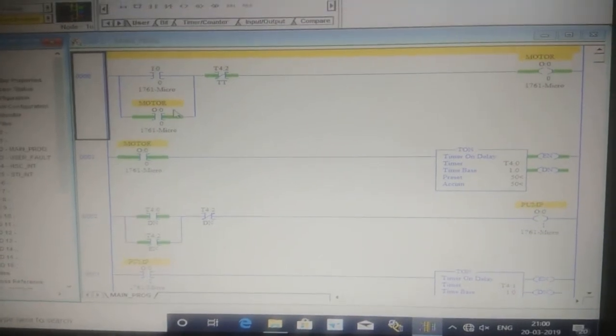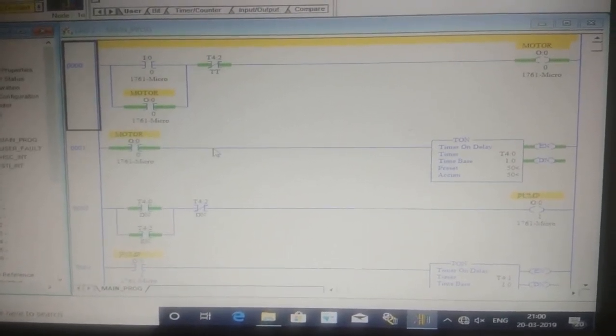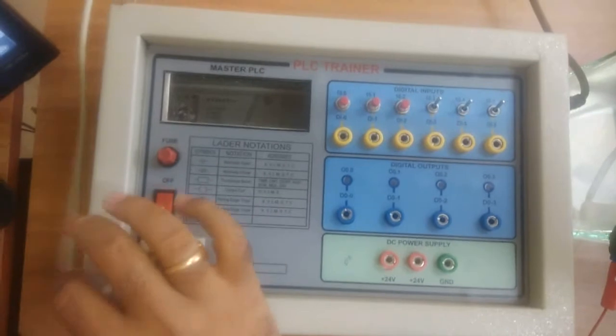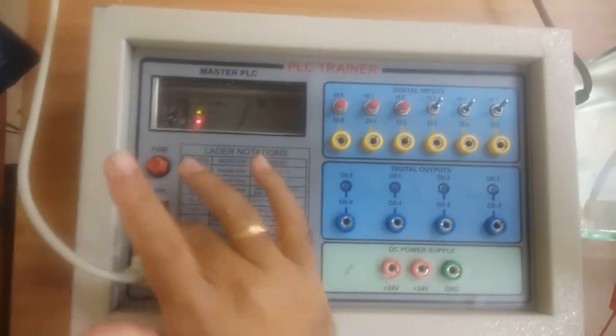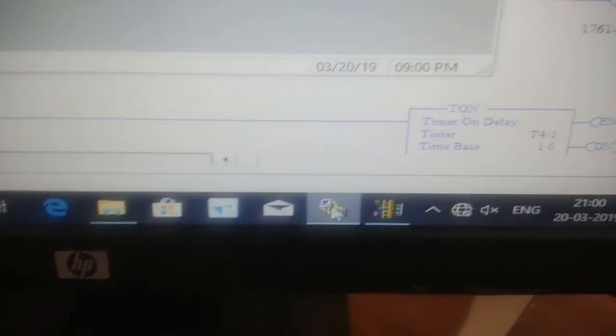To configure this device into the PLC, first you have to connect the PLC to the device through an RS-232 cable. Once connected through the cable, you have to switch on the PLC. Once after switching on, you have to move on to the programming device, and then open RSLinx by clicking on this icon. The RSLinx software will open like this.